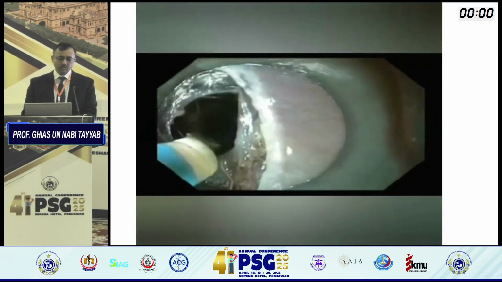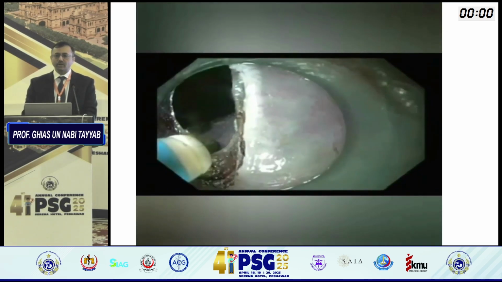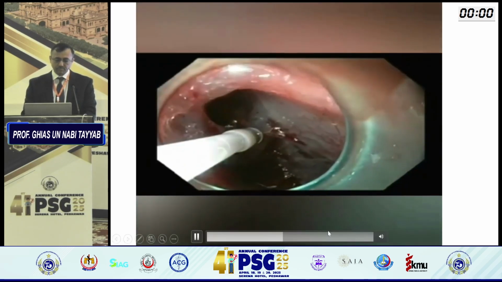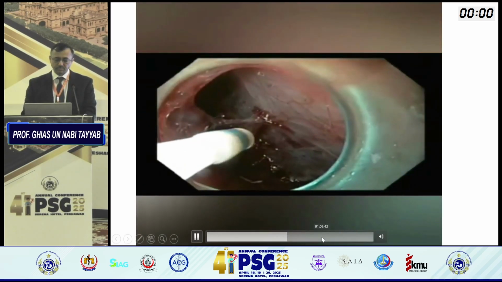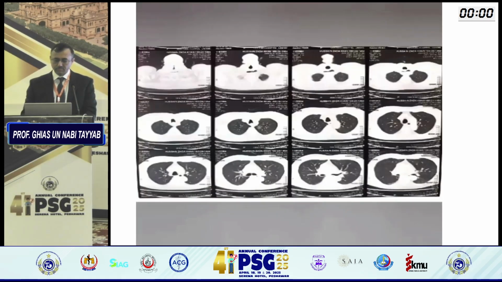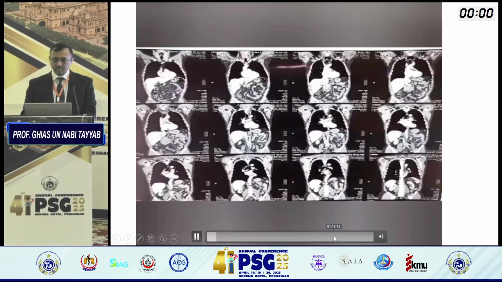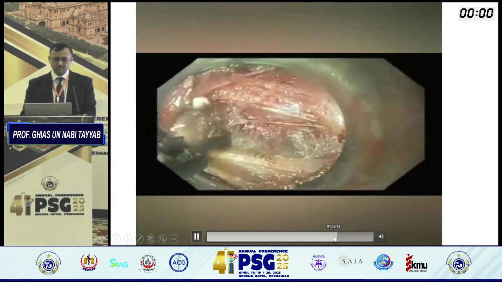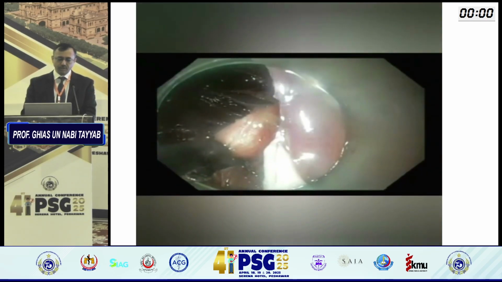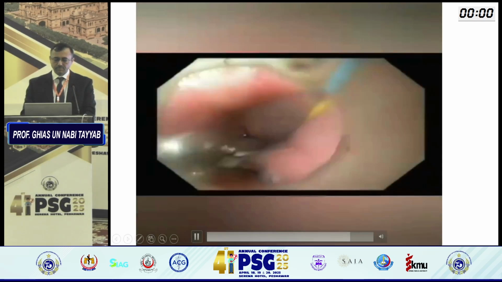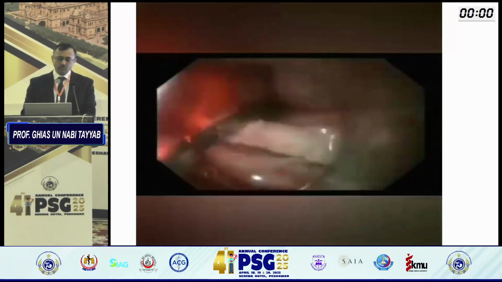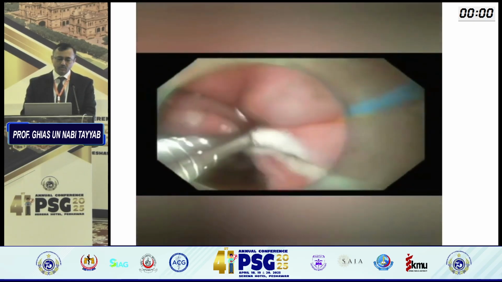Generally, there are a good number of vessels, and they can be coagulated with the help of coagrasper, which are pretty effective. This is a scissor device with the help of which we cut the muscle. And towards the end, just these 2 clips, which are good enough to close the defect.